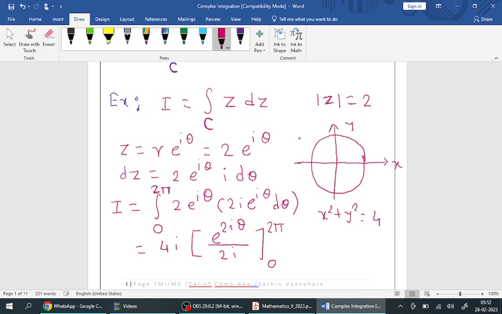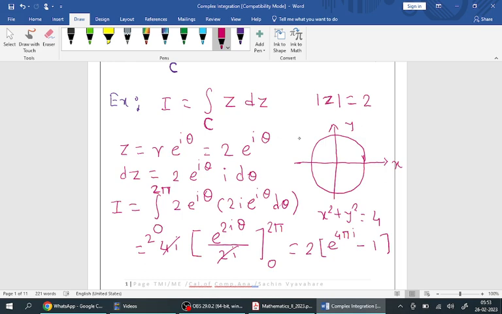Now obviously this 2i gets cancelled and we are left with only 2. Here we have e raised to, if we replace the upper limit, e raised to 4 pi i, and if we replace the lower limit, that is e raised to 0, which is 1, so that is minus 1. But remember, again using Euler's formula, e raised to i theta is cos theta plus